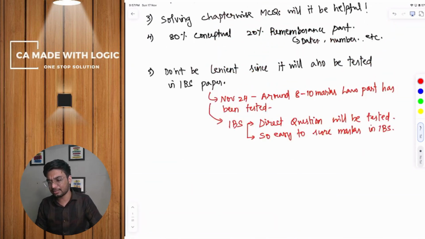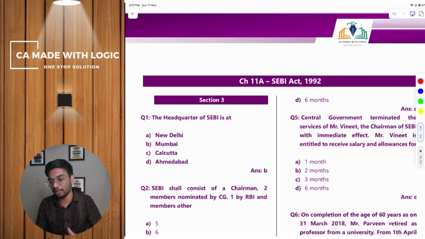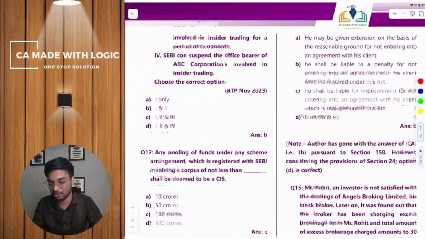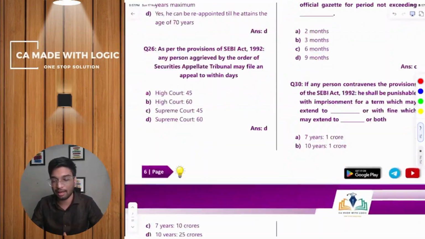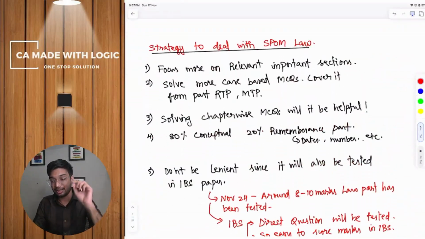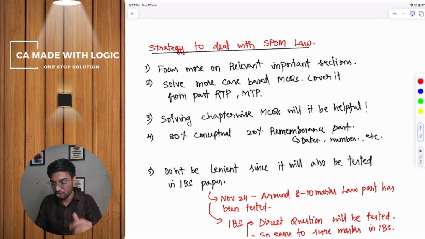In my opinion, there is no requirement to practice section number wise MCQs, but still you can practice them if you have sufficient time. We have covered all the case based MCQs and given references from which source we have covered them, so you just need to practice them. Since we all know that 2 marks MCQs will be tested and 50 questions will be there, it will be approximately 100 marks. This is how you have to practice, and 80 percent conceptual clarity is needed.